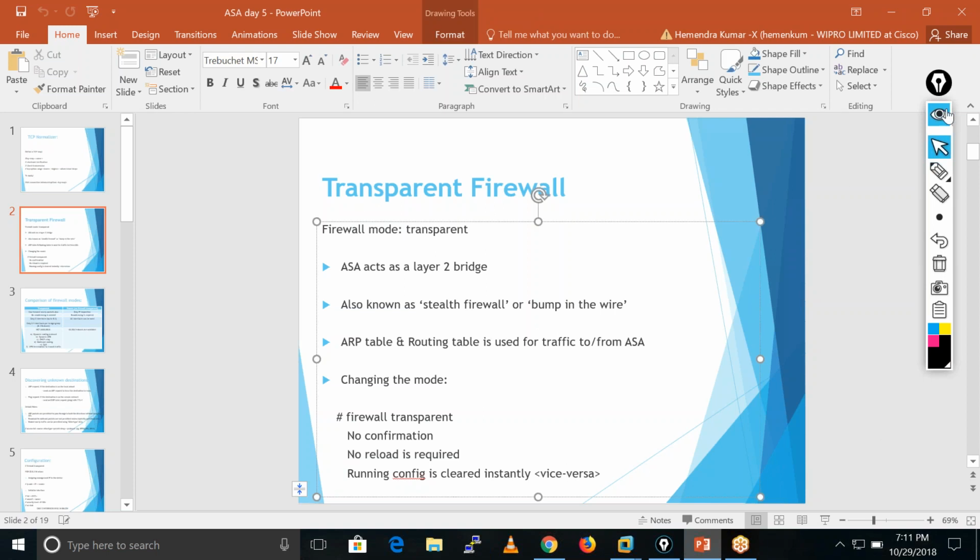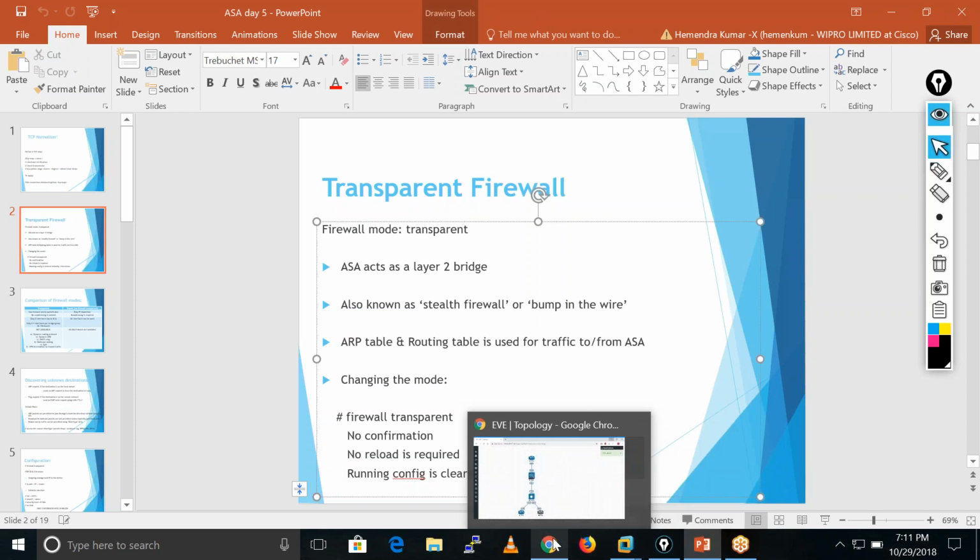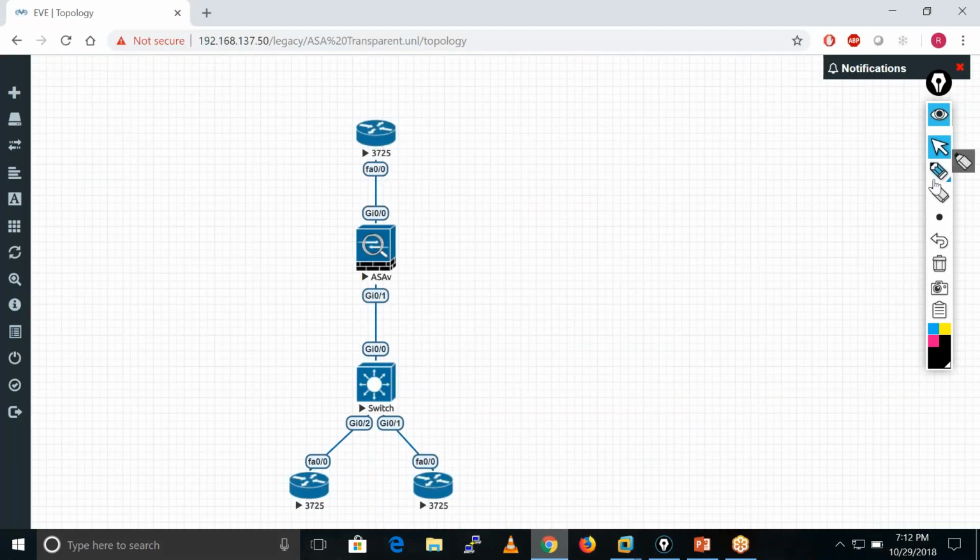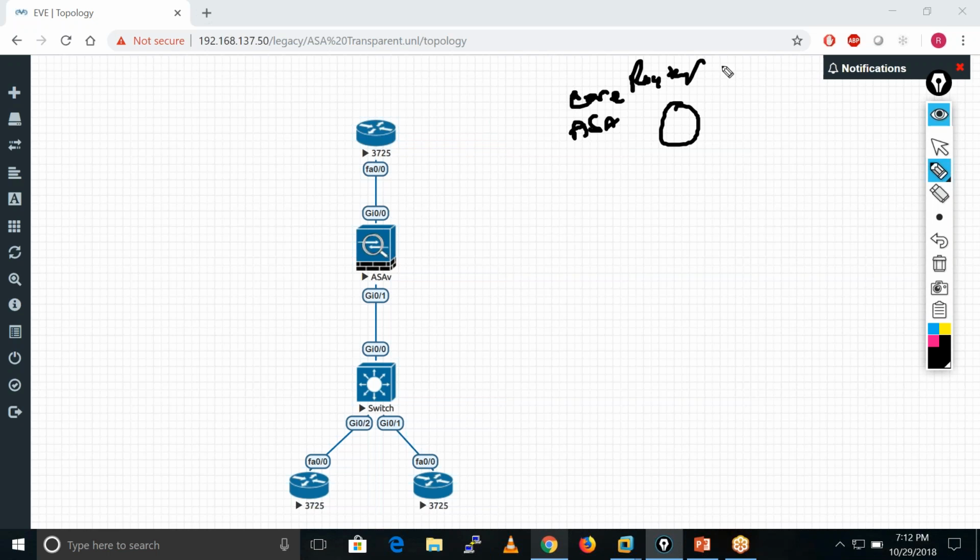Let me go to my topology here. Let's suppose we have this kind of network previously. This is our ASA firewall or core router, and this core router has a connection with the internet, the ISP.